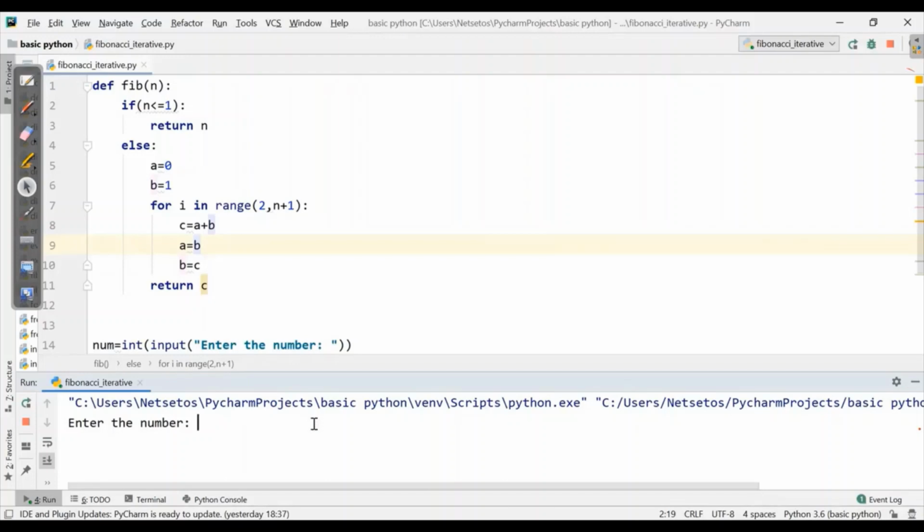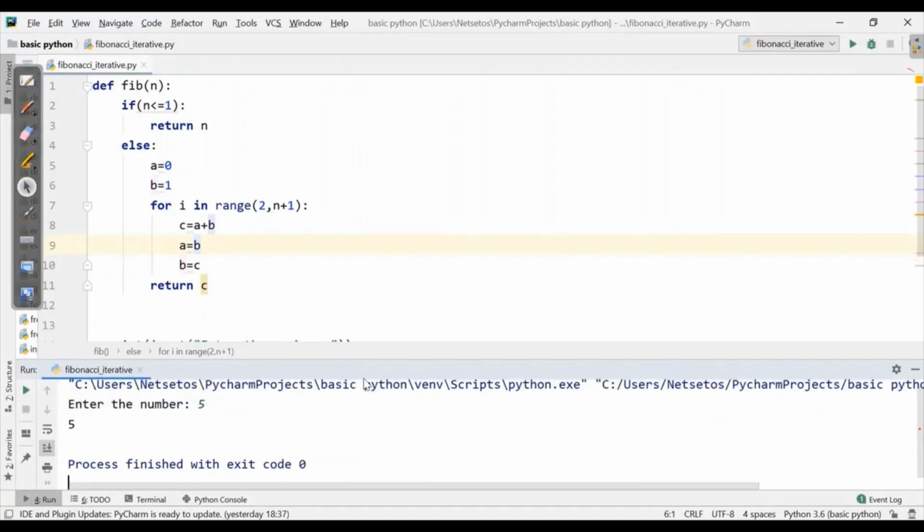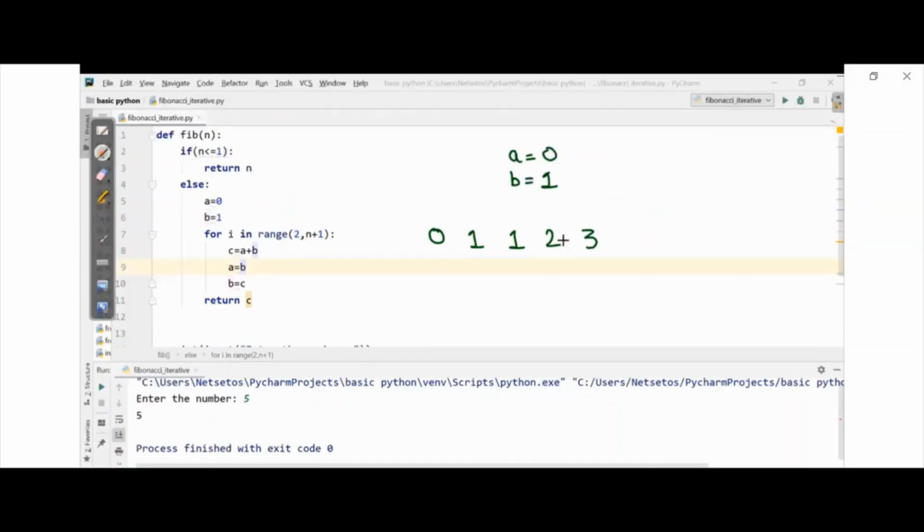I'll give 5, and here we got 5. Now let's see how we got 5 over here. As A is equal to 0 and B is equal to 1, we have given the initial numbers. So here 0, 1, 0 plus 1 was 1, 1 plus 1 was 2, 2 plus 1 is 3, 3 plus 2 is 5.